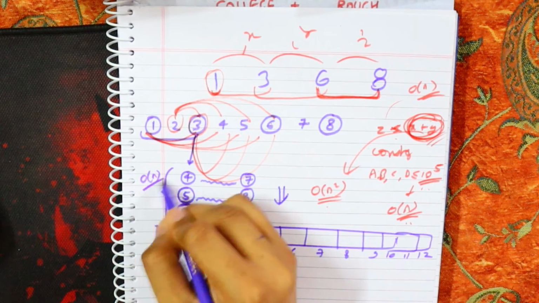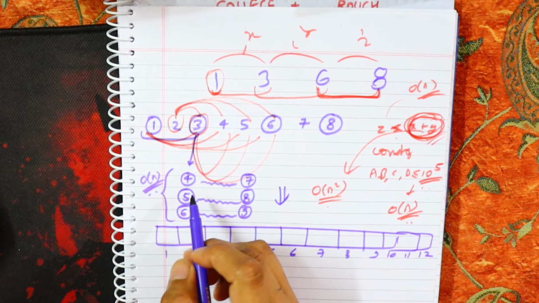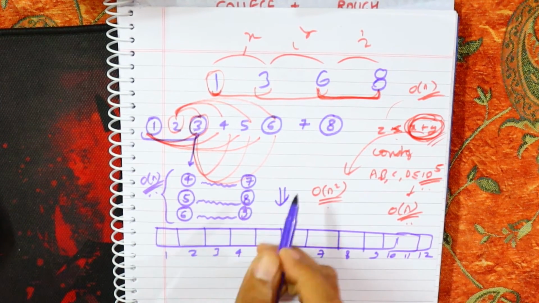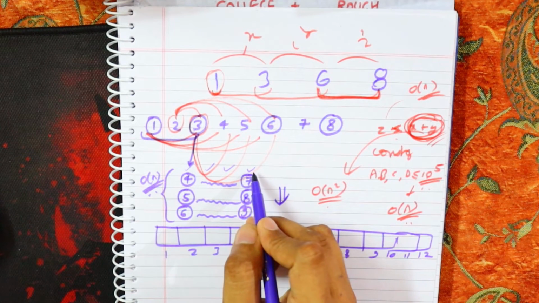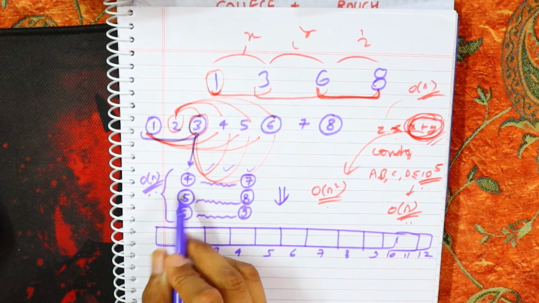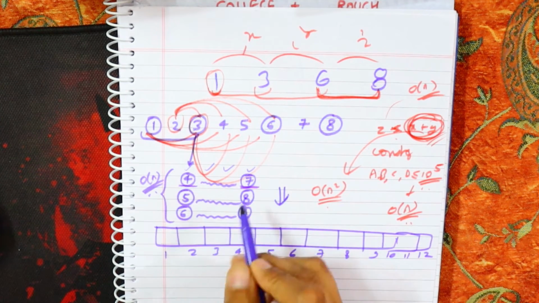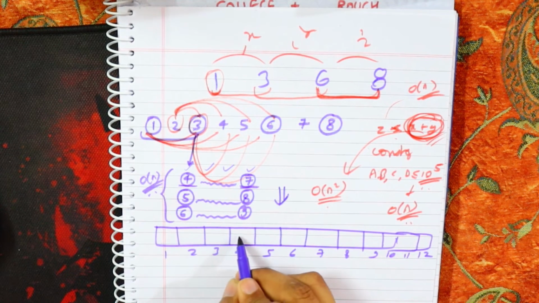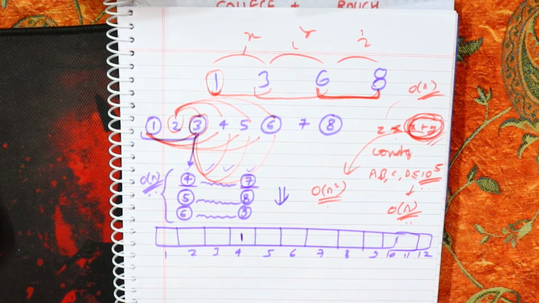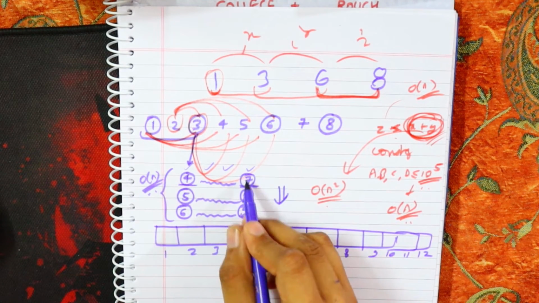So I will run a loop from A to B, which means I will run a loop in O of n. And now I need to update this range. I know that I have obtained the values 4, 5, 6, and 7, but for now I only know, in O of 1, the starting value and the last value. So here comes the use of prefix sums: I will update my value 4 by adding 1, and 7 to be updated.